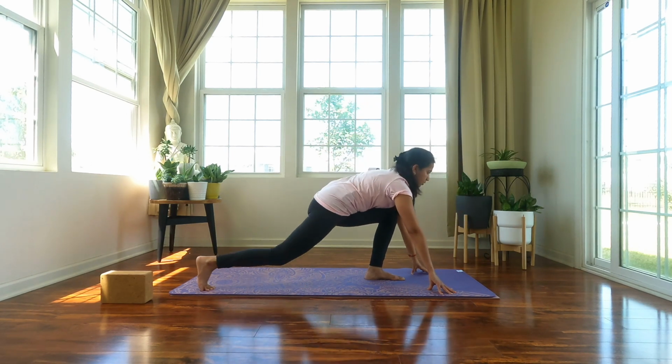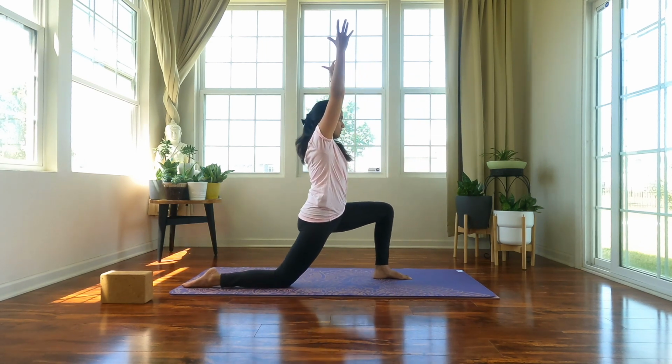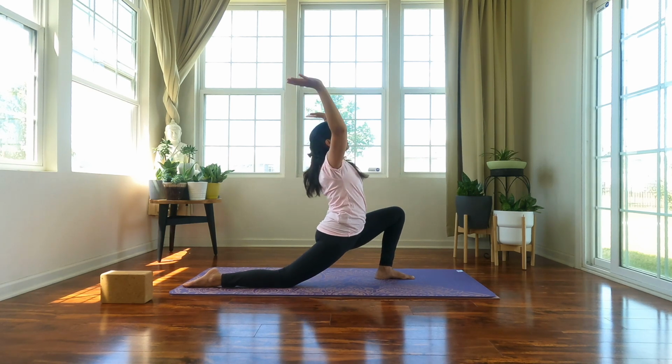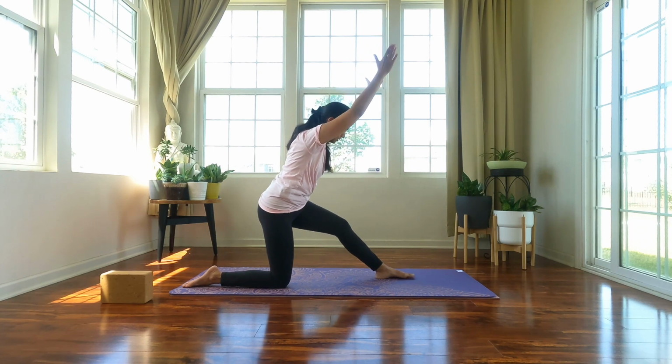Bring your gaze back down onto the mat. Back knee comes down on the mat, coming into a low lunge. Sink your hips down, arms come alongside your ears, and open your chest up towards the sky. Back to your low lunge, keeping the arms alongside your ears. Shift your hips back,